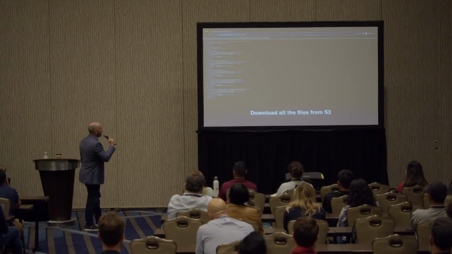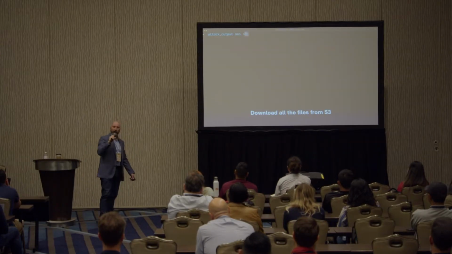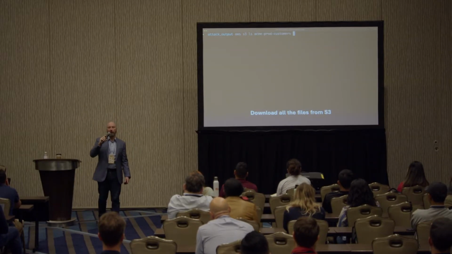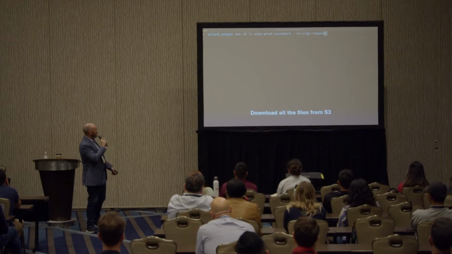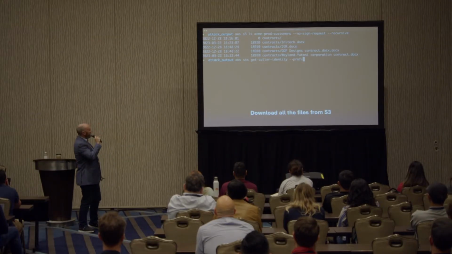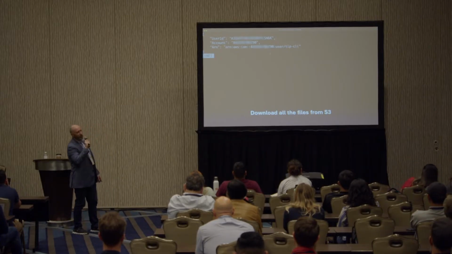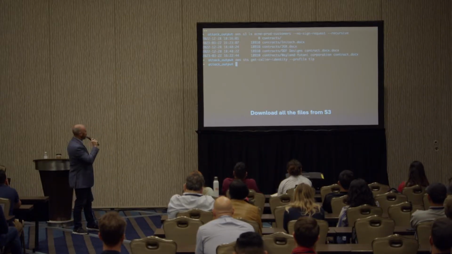I can do this from a browser window, or I'm going to go back to my terminal and just do a couple of API commands to get this. So what I'm going to do now is connect to my S3 bucket. I am specifying that I'm not going to sign in because the bucket's public, so I don't even need to. There, I listed everything out. Now I'm going to download all of these files. I just went into one of them to validate there was something interesting in there.